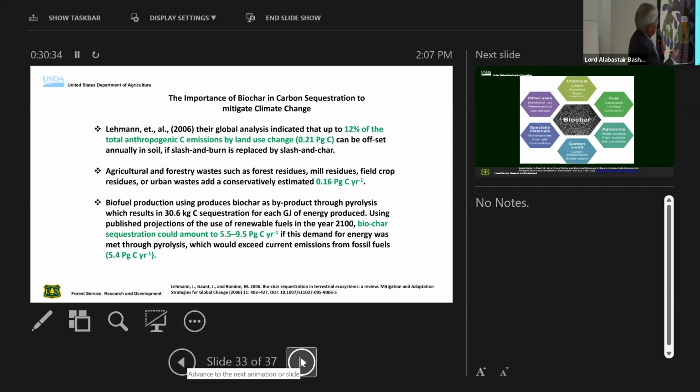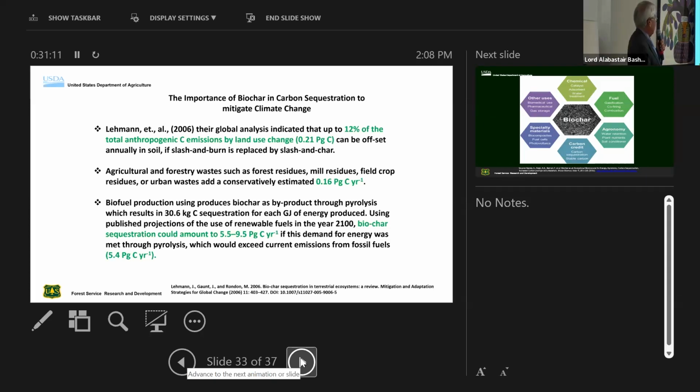It's very close. If you see in the chart, 0.21 petagrams of carbon, where one petagram is 1 gigaton, and 1 gigaton is 1 billion metric tons of carbon. So 0.21 petagrams or 0.16 is very close. So when you add both of them, the potential is really high in percentage of the global emissions that we can avoid using biochar. But projections done by other